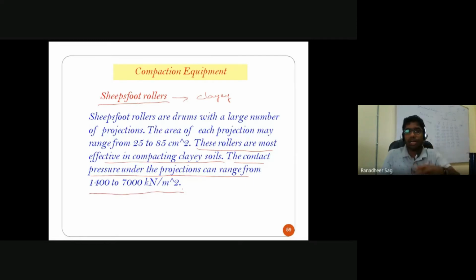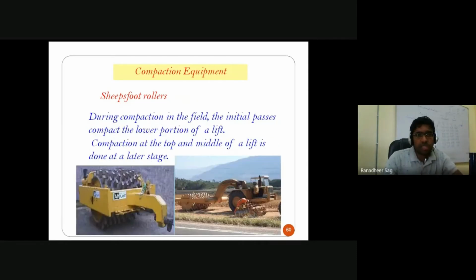Due to that higher contact pressure, wherever your extra projections are coming in contact with the soil, you can achieve a relatively higher compaction for the soil which is being compacted, in the case of clay type of soil. So if you want to achieve a better type of compaction in the field, you can go for this. These are your extra projected thorns or projected cross sections which I am talking about.